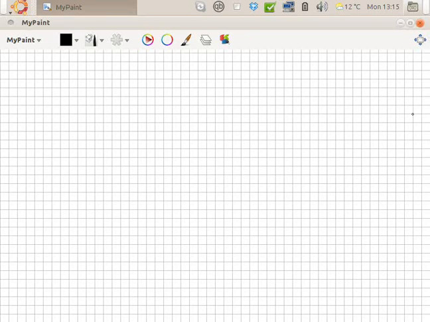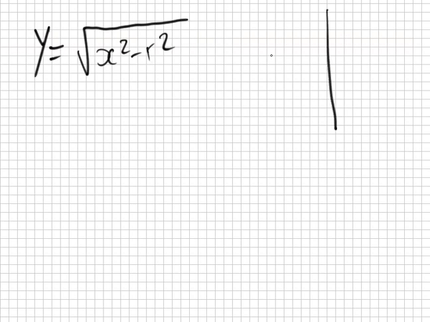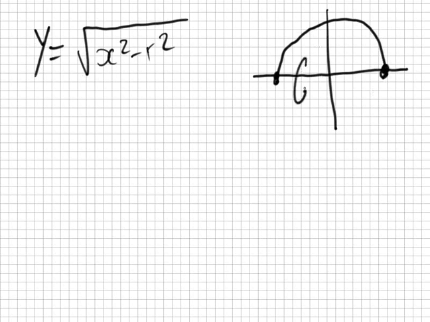Number 13, Amjad, and others who need to see it. So number 13, I give you this curve here. Y equals square root x squared minus r squared. It's not important to know the shape of this, because I tell you in the question. I tell you the shape of this graph is a semicircle, which means it looks like this. That's a semicircle. And what happens now is I rotate it